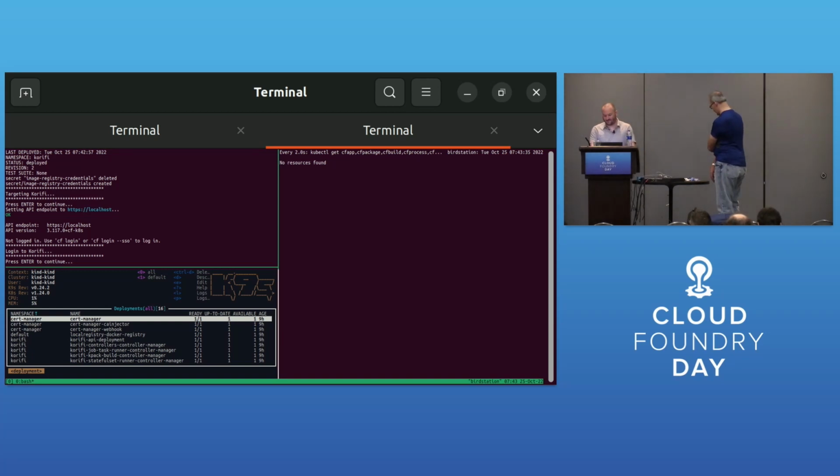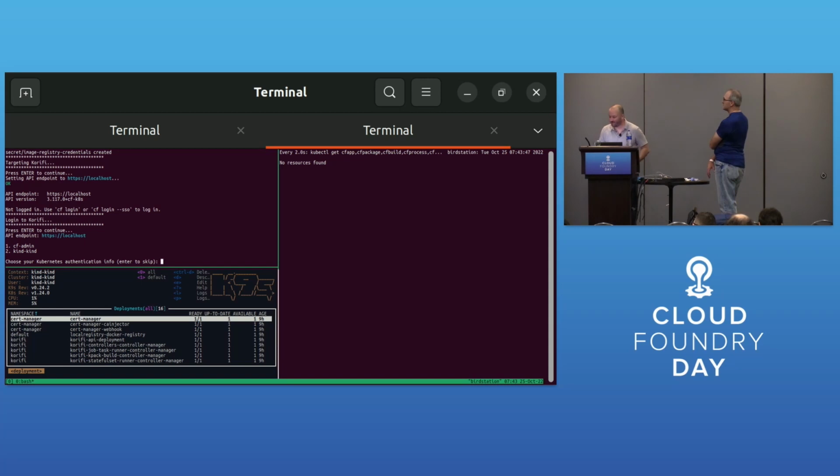Okay, cool. So if we have Korifi deployed, and it looks like we do, you can see on the lower pane there are various resources in the Korifi namespace. Those are all of our controllers and everything. So I should be able to log in. And of note, right here, you'll see two different choices for auth. One of them is a Kubernetes admin, which is literally your cluster admin. We don't really want that. We want our own user, which is the CF admin, which has the resources that we expect.